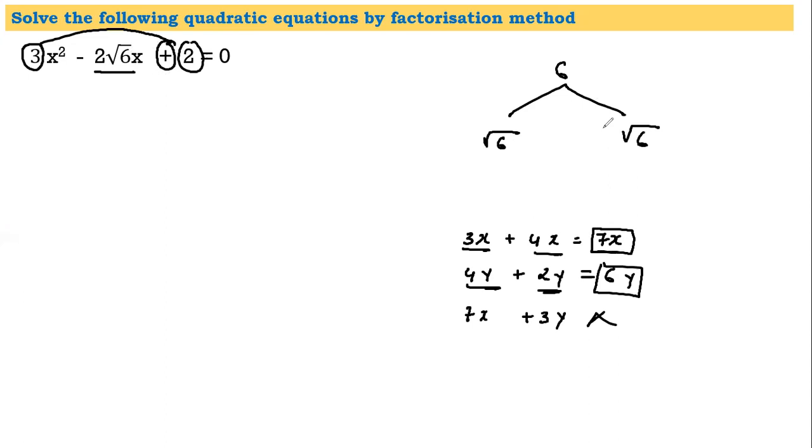Once you have done this, the second step would be to check if you multiply root 6 and root 6, do you get this? What is root 6 into root 6? 6. We are lucky enough that we are getting 6. If not, we'll have to try putting some numbers and get the product, which we'll have in the next sum. So luckily, here root 6 into root 6 is 6. And let us check whether the addition is giving me 2 root 6. Yes, root 6 plus root 6 will give me 2 root 6. So fantastic. My factors are root 6 and root 6.